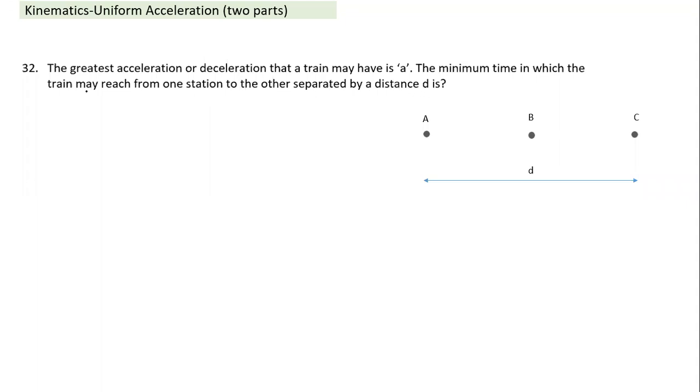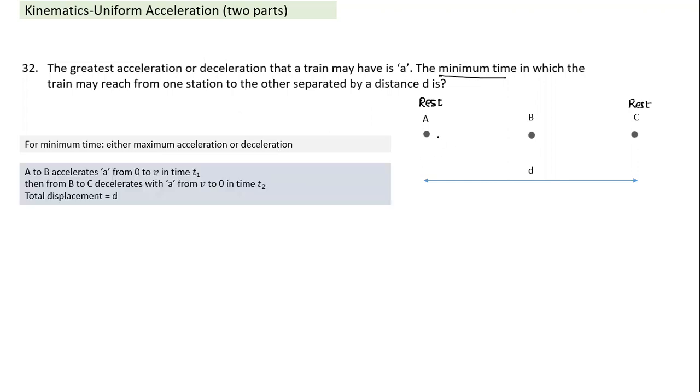Whenever we come across a question asking for minimum time to reach from one station to another, it means here also it must start from a state of rest. Initial velocity has to be 0 and final velocity also must come to 0. And if time is minimum, then whenever it accelerates, it has to have the constant maximum acceleration, and when it decelerates, the deceleration also should be maximum. That's what has to happen.